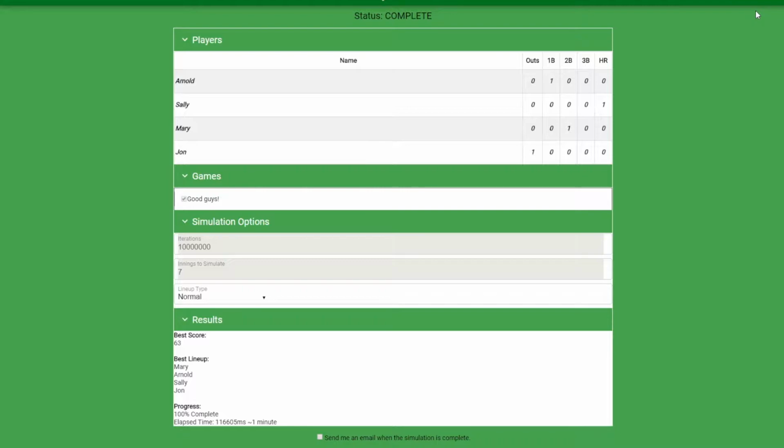healthy number of runs. But consider we only have one at-bat of record data for each player. And so this simulation is going to assume that, for example, Sally always hits home runs, Mary always hits doubles, John always gets out, sorry John, and then Arnold always gets singles. So that's why the run total is so high. As we continue to add at-bat data, we'll get much more realistic numbers. I will say this is a really small lineup, 4 players. For a normal-sized lineup, you're going to want to run this for several hours at least to get an accurate